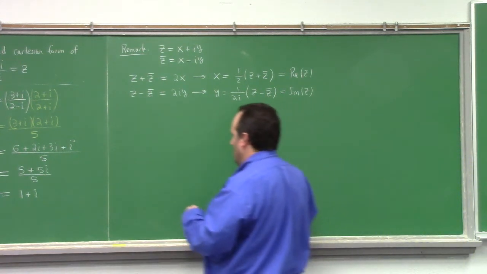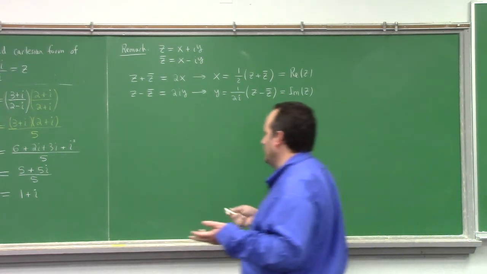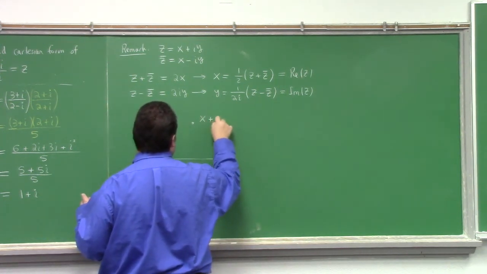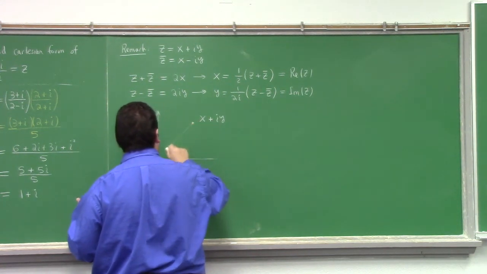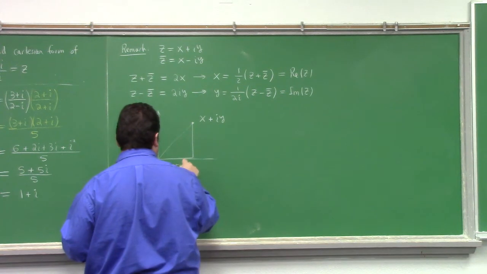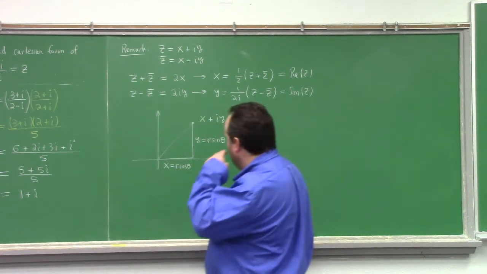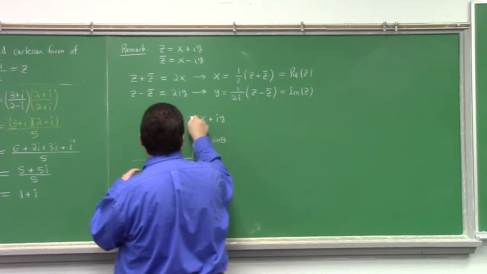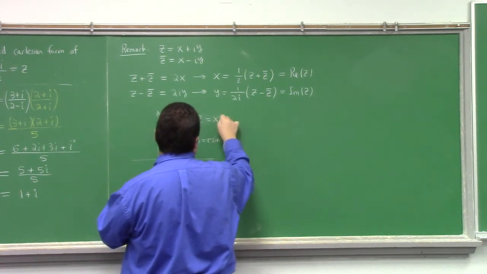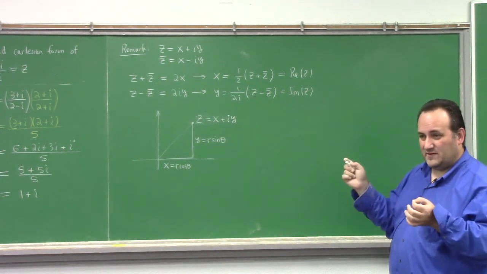Okay, so we talked about polar coordinates last time, right? So how do polar coordinates and complex numbers go together? What's the story there? Well, here it is. If I have this, x plus iy, and I want to write that in terms of polar coordinates, what is x equal to? x is equal to r cosine theta, right? y is equal to r sine theta, right? If I'm calling this point z, saying z is equal to x plus iy,